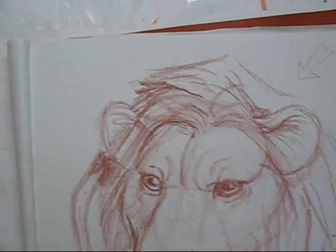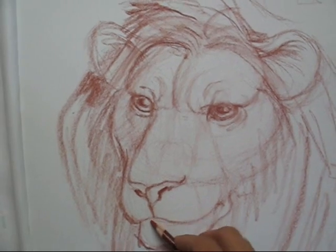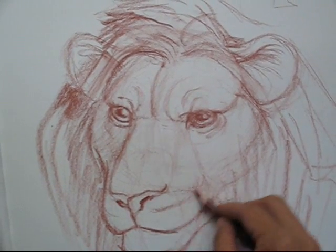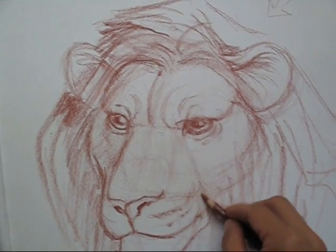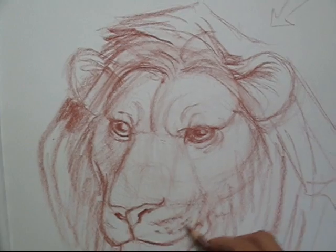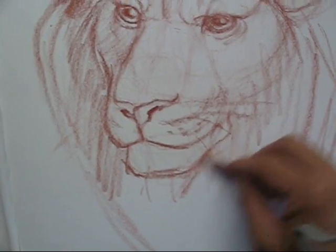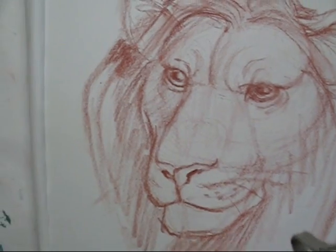I'm locking in the nose, excuse my camera. There we go. And notice even the nose pad, as I wrap around the form, I'm developing the shape of the whisker, the shape of the nose by outlining a little bit of those whisker markings. Okay. Coming down here, finding the underside of the jaw, cutting back underneath the jaw where it's a distance away from